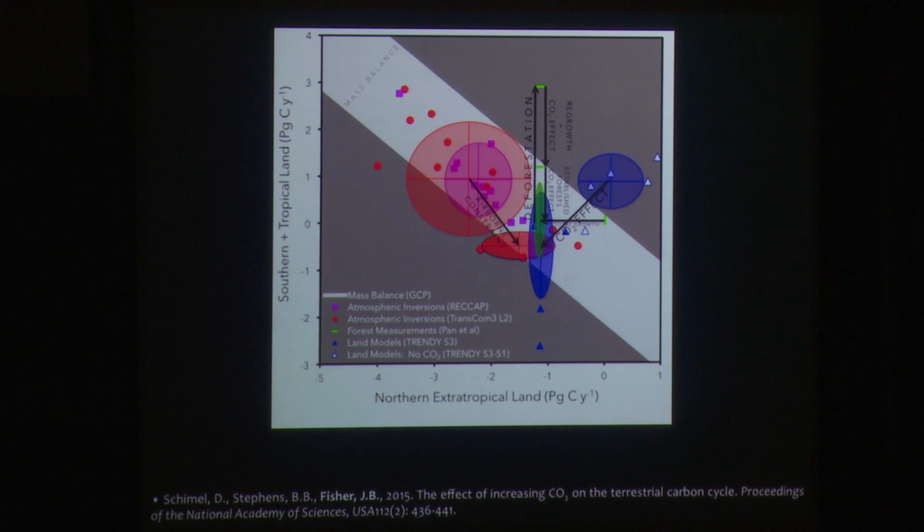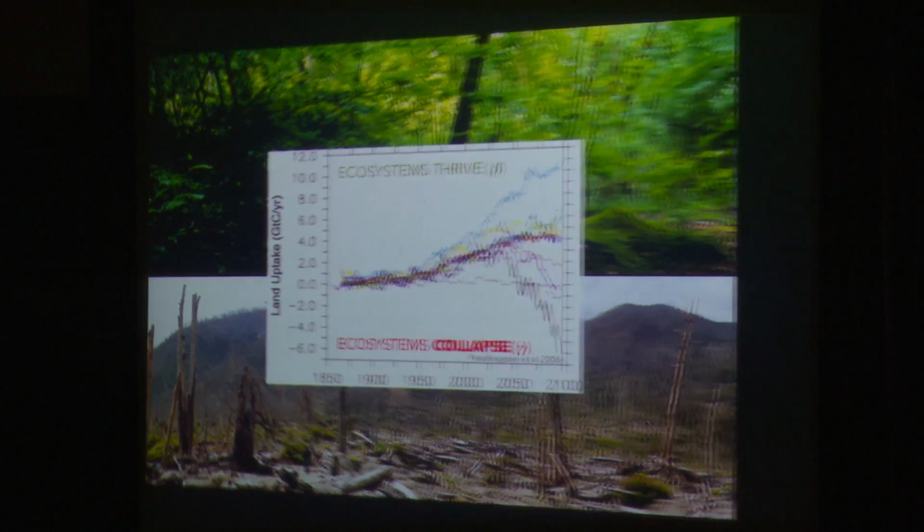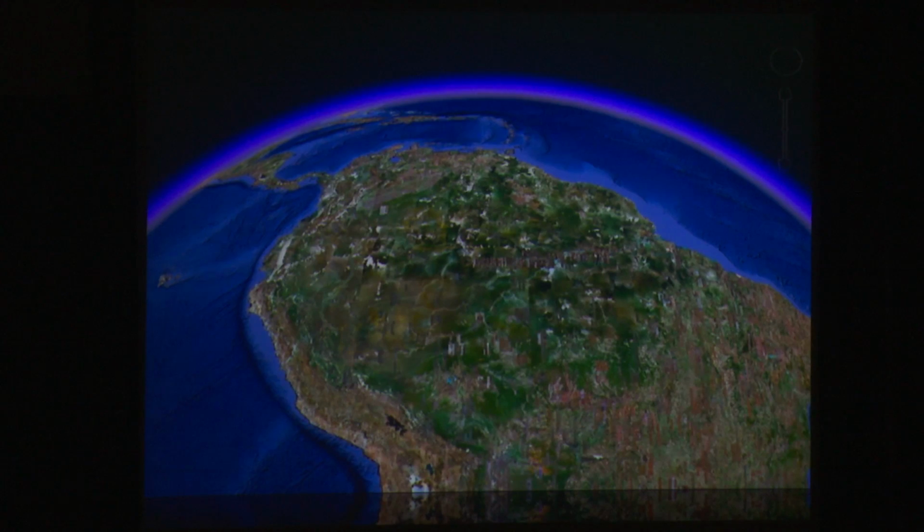Now, we don't know if this is going to happen into the future, but this is where it was over the last 10, 20 years or so. So that's great. So we know plants love CO2, and we can see this from lab experiments and field studies. But what about the climate effect? So if we look at the Amazon or Amazonia,